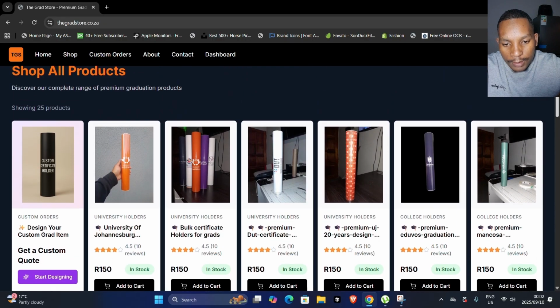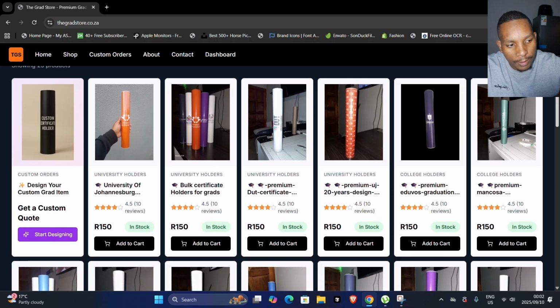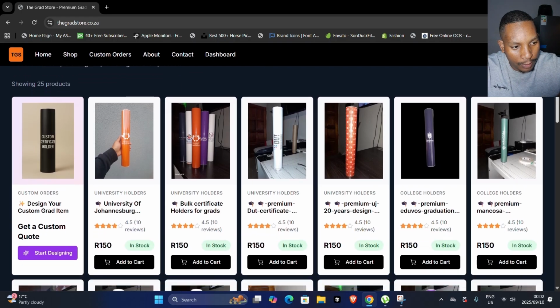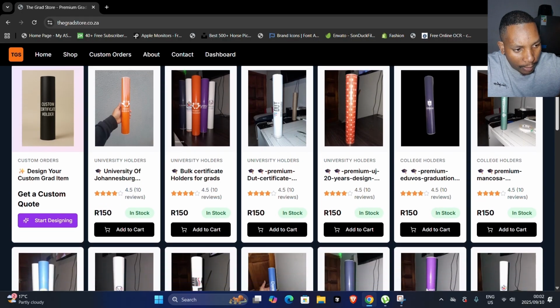Basically, before I even built this, I was using Shopify. Shopify was charging me a subscription, and when I was looking at Shopify, I just knew that I could build a storefront for myself, because there's not a lot of components on Shopify. Most of the components are just